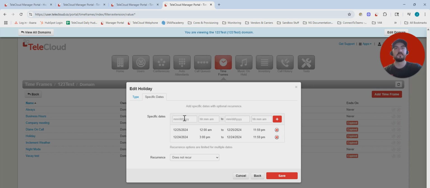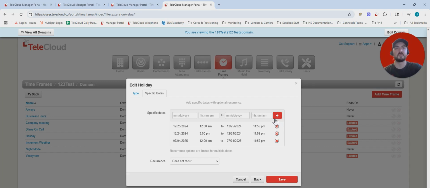So we'll do for 4th of July since that's coming up. So let's click into the spot here for the calendar. Let's go hover over to July 4th. You'll see once you do that, it's already going to preset for routing for the whole day. This covers from 12 o'clock midnight to 11:59 p.m., so for the full 24 hours. So if you would want to just do that, you can just hit plus, so it covers for the whole